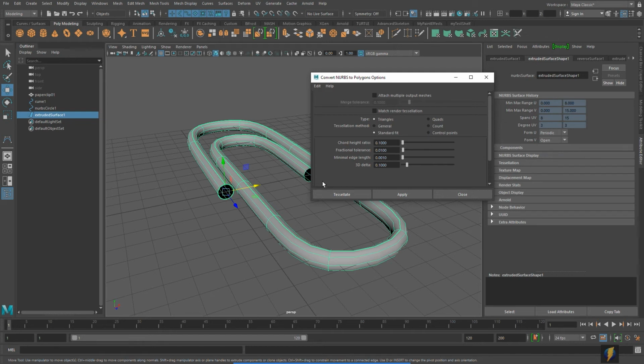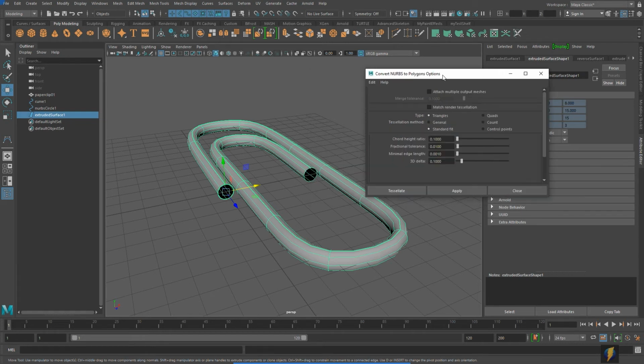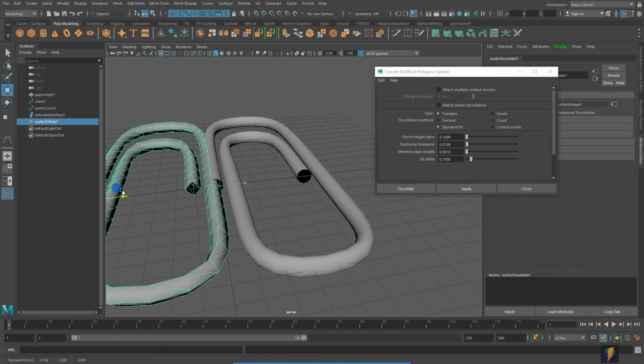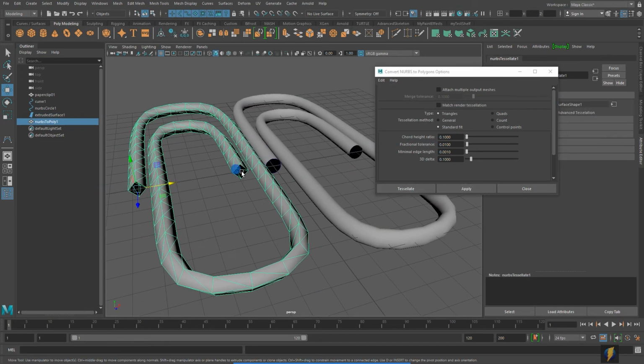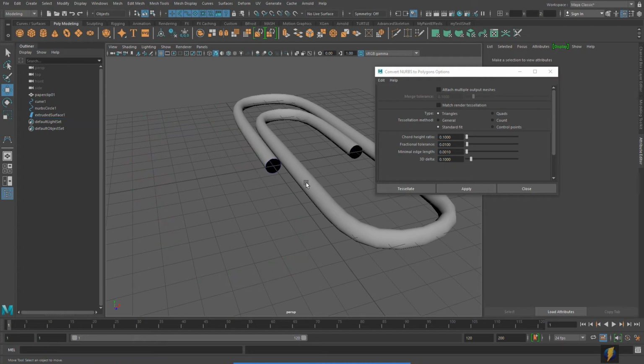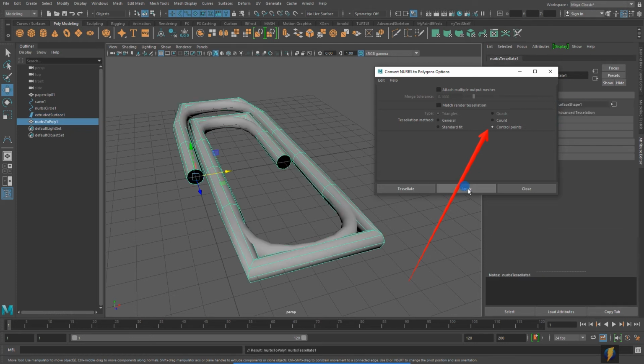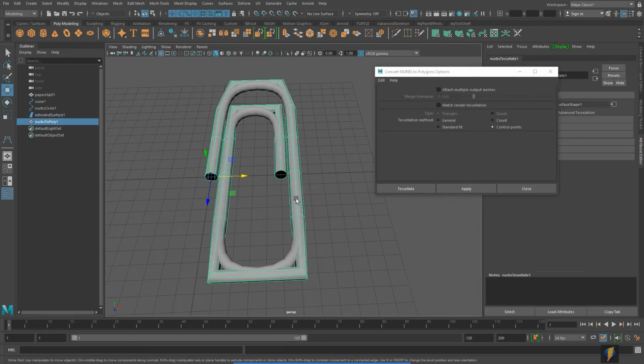So instead of doing the default settings, which will give us this, what I'm going to do is select my model, and I'm going to check control points. Now, watch what this does. I'll apply it, and we get this,